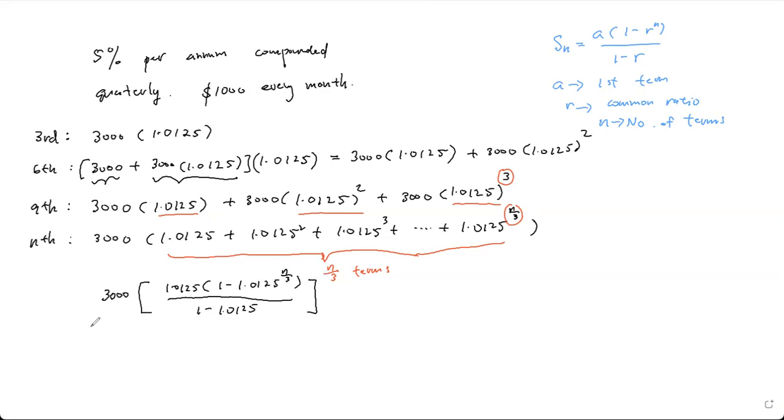If you were to continue and simplify this a little bit more, you should get negative 243 times 1,000 times 1 minus 1.0125 to the power of n over 3. So that will be the general formula. In particular, for this particular figure, for 1,000 a month and 5% interest per annum, compounded quarterly,